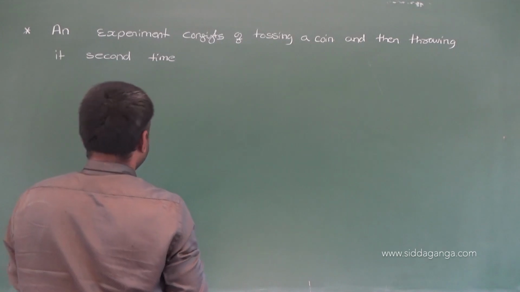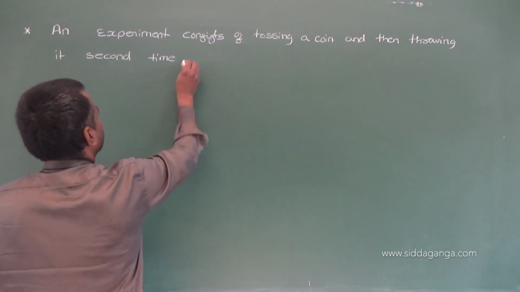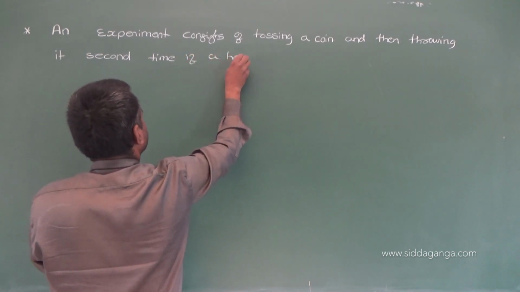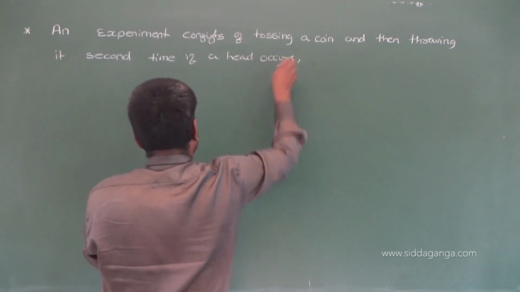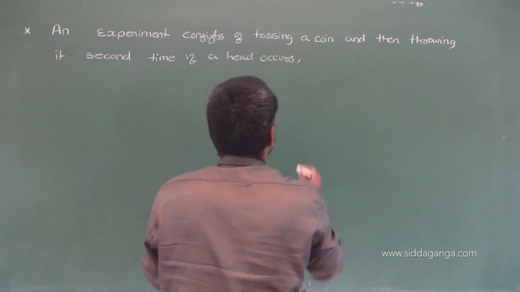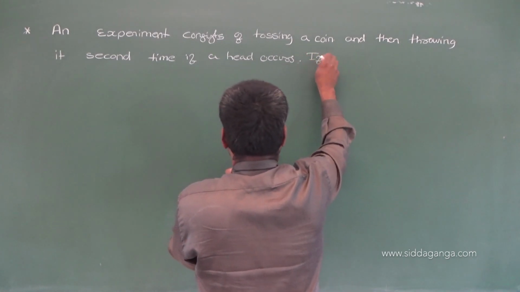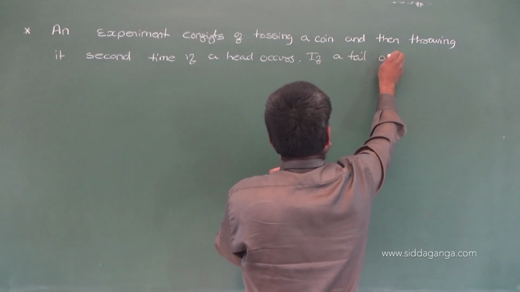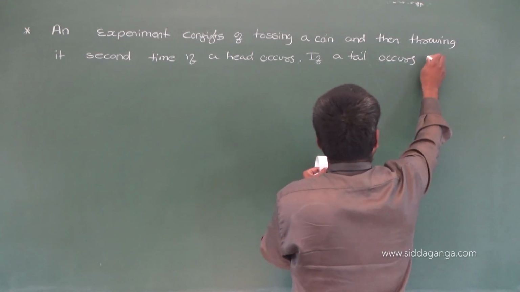Tossing a coin and then throwing it a second time. If a head occurs, full stop. If a tail occurs on the first toss,